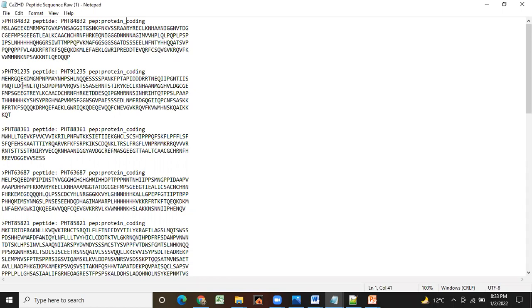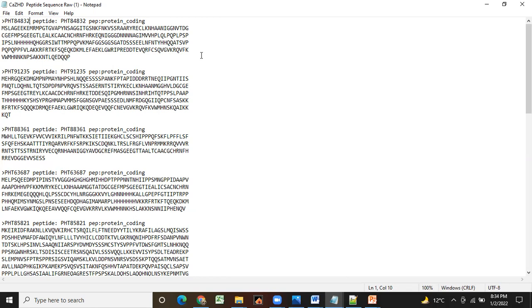Please don't mix them up. When you give a name to a sequence, you will give a name like CAZHD1. Similarly, the same sequence present elsewhere, in the CDS, in the promoter, or in the genomic sequence, will have the same name.